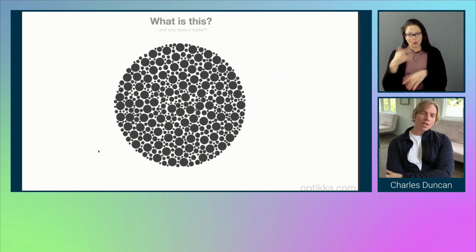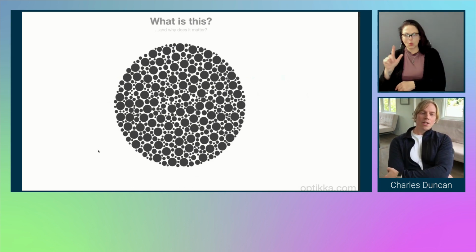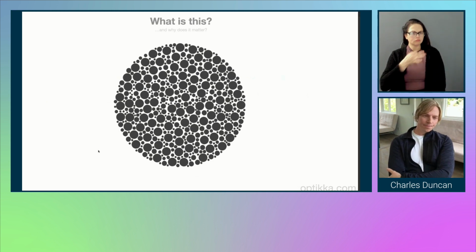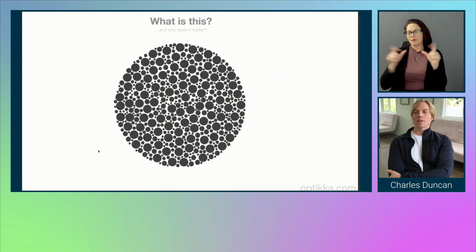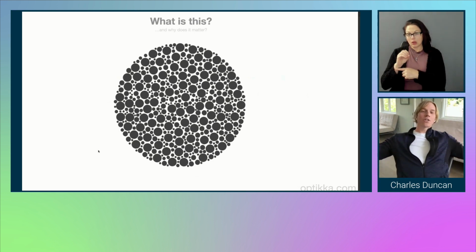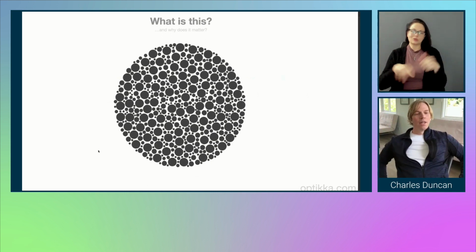Right now, I am looking at a picture of a bunch of dots and they're all the same color. And you're sitting there saying, what is in that? So for me, I was hit with this when I was 15 years old, and I went to go get my driver's license. Super excited about getting a driver's license. I'm from Colorado, and it's kind of a spread out area. So in order to have any type of life, you really need to have a vehicle. And